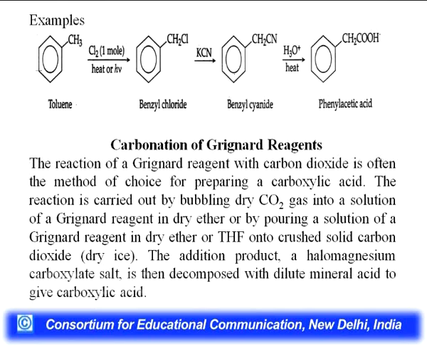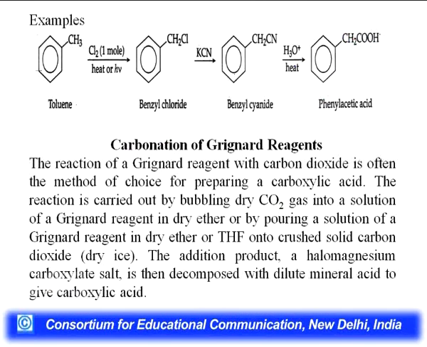We know what Grignard reagents are: these are RMgX. The reaction of Grignard reagent with carbon dioxide is often the method of choice for preparing a carboxylic acid. The reaction is carried out by bubbling dry carbon dioxide gas into a solution of Grignard reagent in dry ether. You must note that whenever we take the Grignard reagent, dry ether is the additional word,